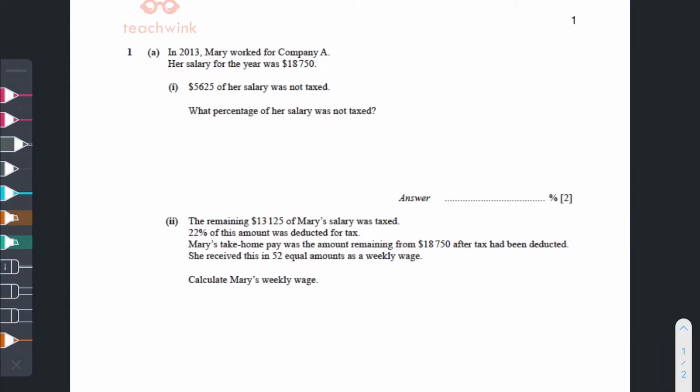This question is based on money, percentages and exchange rates. So let's start. In 2013, Mary worked for a company A. Her salary for the year was $18,750. Part 1 says